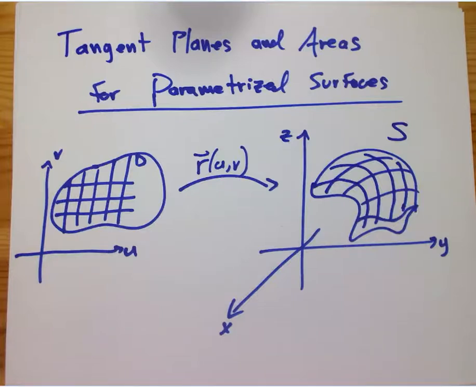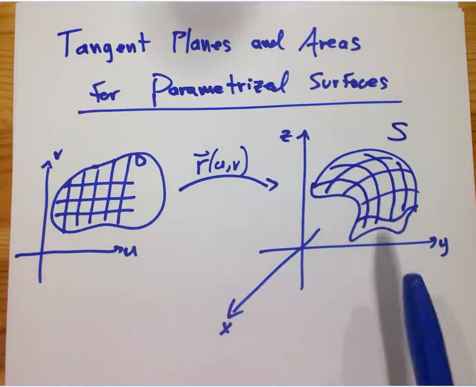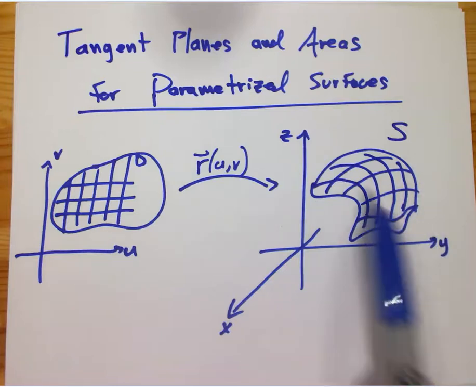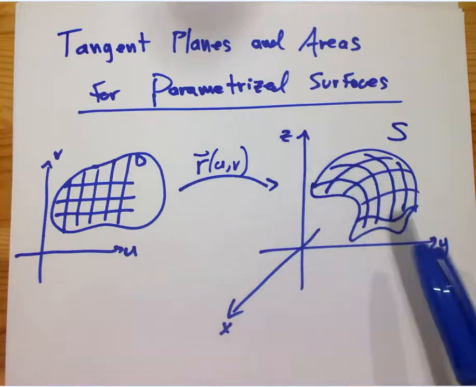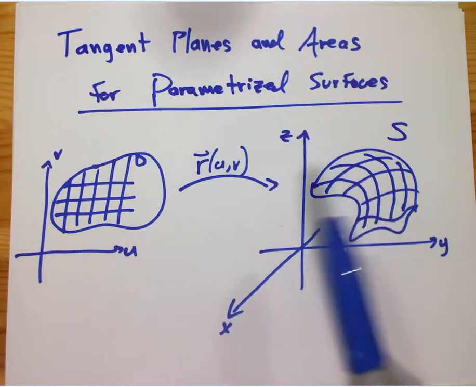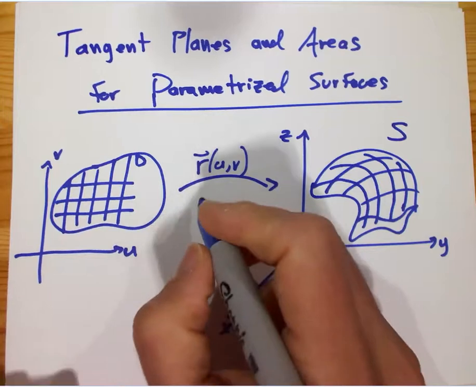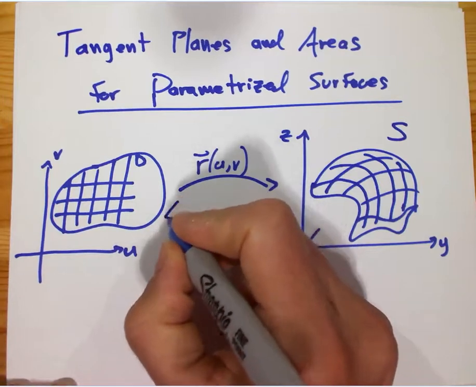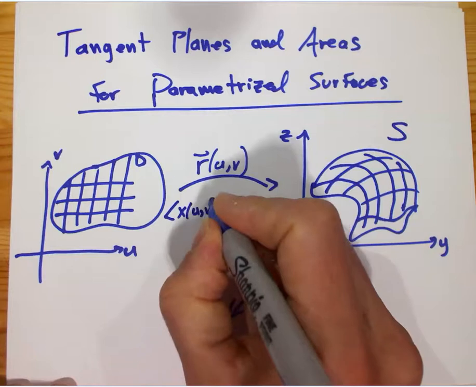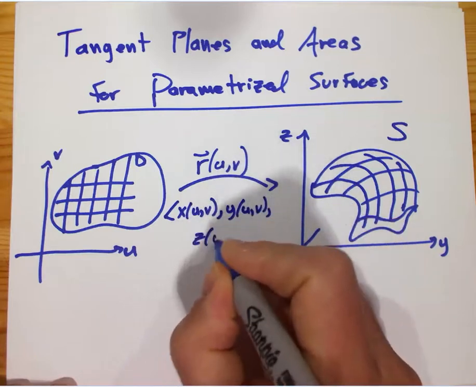Let's look at tangent planes and areas for parametrized surfaces. We've got a parametrized surface here, so it's a surface in three-dimensional space. And the new way that we've been investigating describing such a surface, and the essential way if you're going to integrate over it, is to parametrize it. In other words, have some function r of uv, and explicitly that's going to be a vector valued function with components x of uv, y of uv, and z of uv